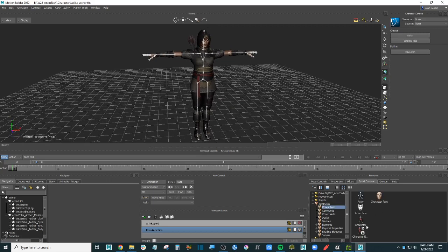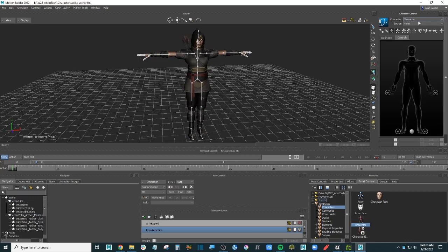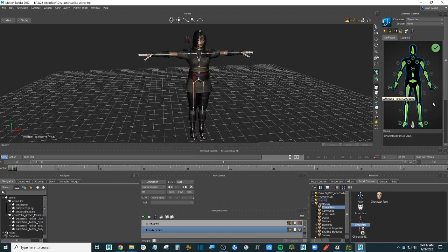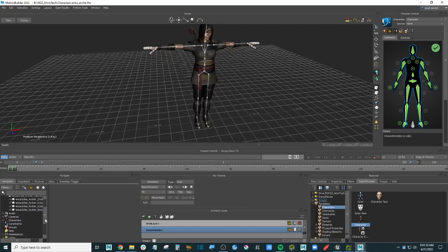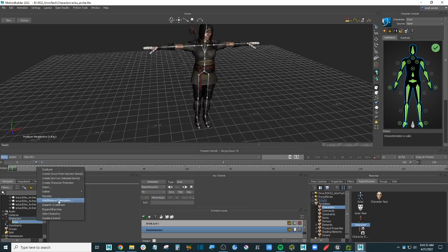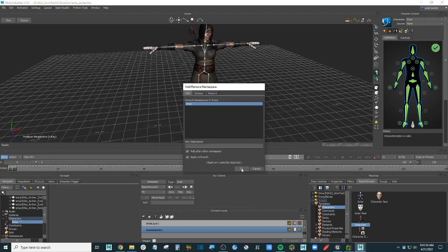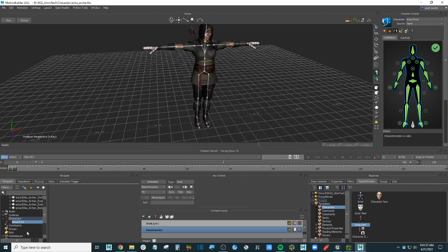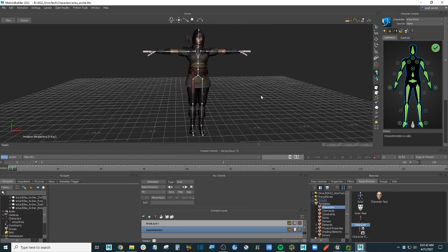So you go in characters and on the joint, right? Characterize, biped. So now we have, see, all the definitions work. Everything is ready to go. We can rename it as well. So we can add the namespace here and give it a name as well. So we can, let's say, name it Erica and add a namespace as well, just to be 100%. Good. So everything now in the scene has a namespace. So now we can save